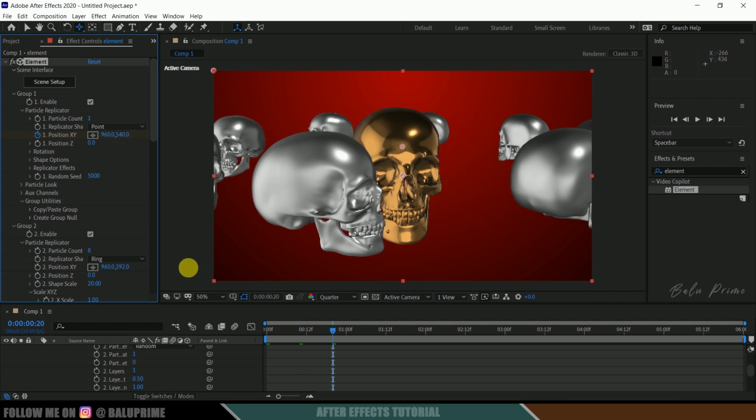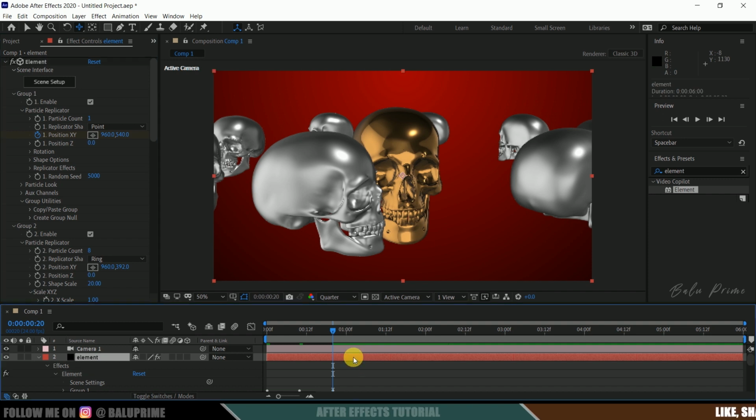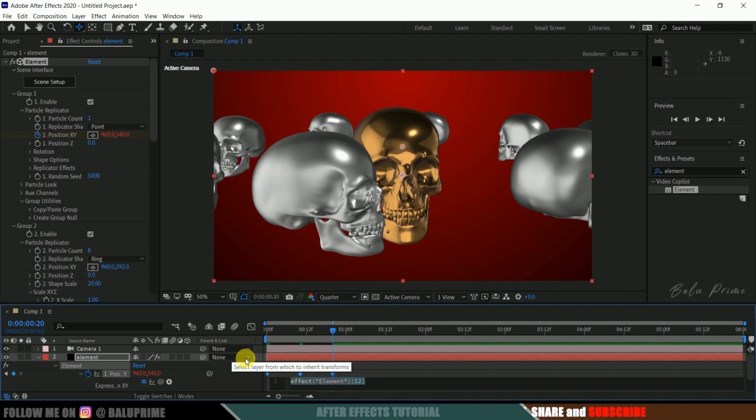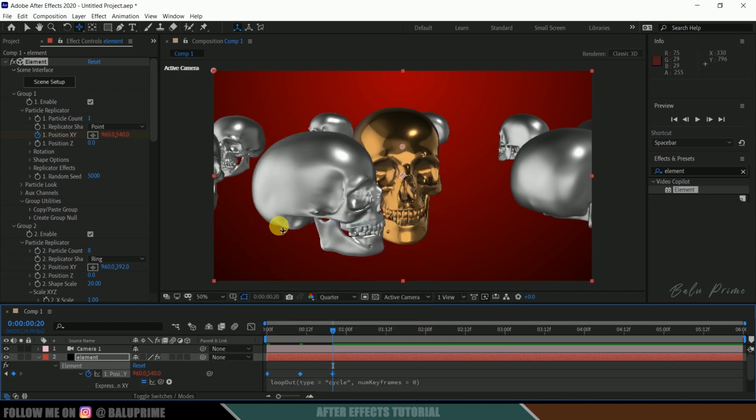Now let me come to these keyframes. Press U on the keyboard to get those keyframes and select these 3 keyframes. Now hold the Alt key and click on this stopwatch, click on this play button like symbol, property, and loopOut, and hit enter.